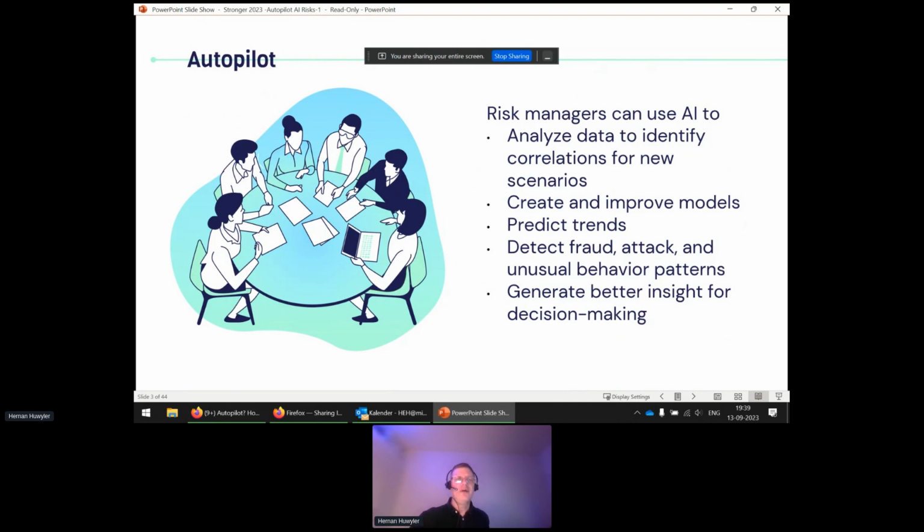And this session is about the autopilot, because we can use the same technology in order to identify very early when we are being attacked. And we can analyze data as we never had these functionalities before to understand correlations for new scenarios. We can now improve models. We can now predict what is going to happen in a more accurate way than we had before with our models